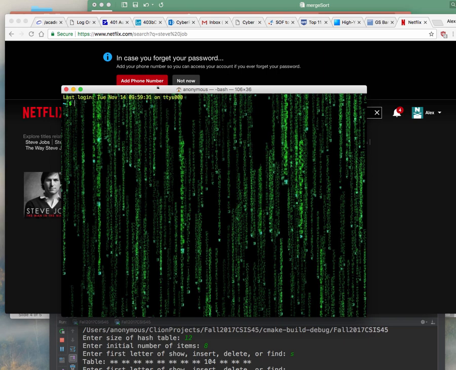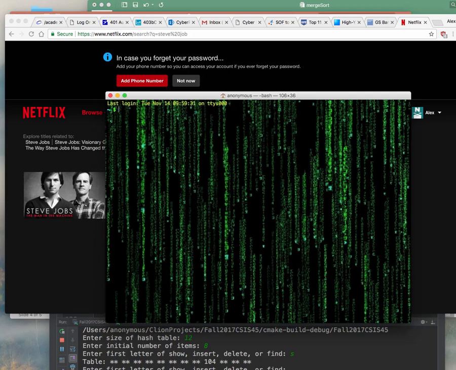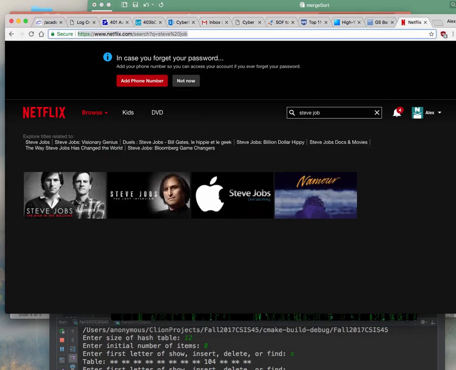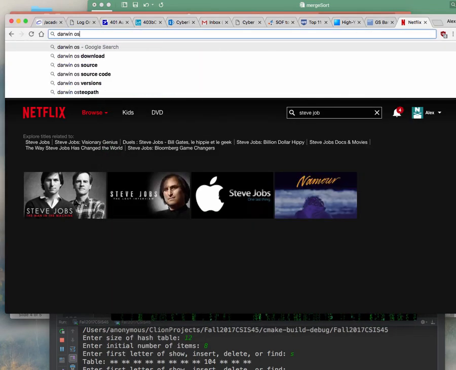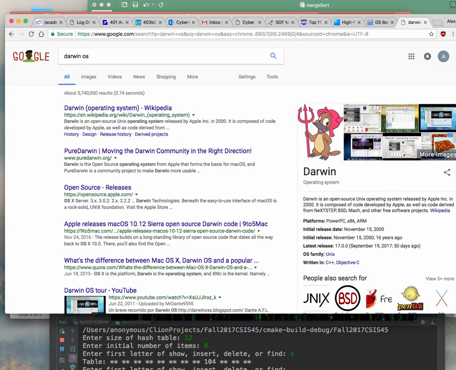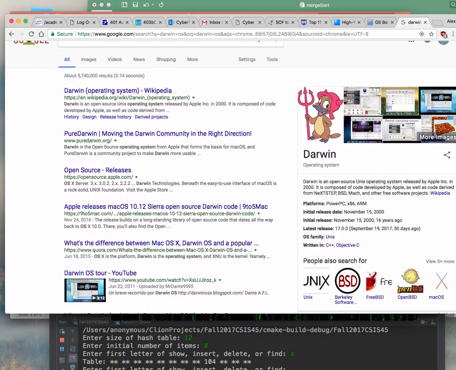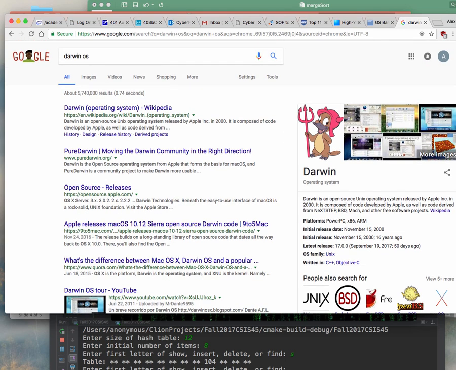Okay? And it's very secure. If you go online, there's a Darwin OS. These are the origins of the Apple OS X, the Apple operating system. Look at this thing, opensource.apple.com.